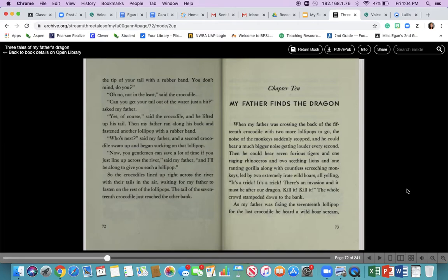Chapter 10. My Father Finds the Dragon. When my father was crossing the back of the 15th crocodile with 2 more lollipops to go, the noise of the monkeys suddenly stopped, and he could hear a much bigger noise getting louder every second. Then he could see the 7 furious tigers and 1 raging rhinoceros and 2 seething lions and 1 ranting gorilla,